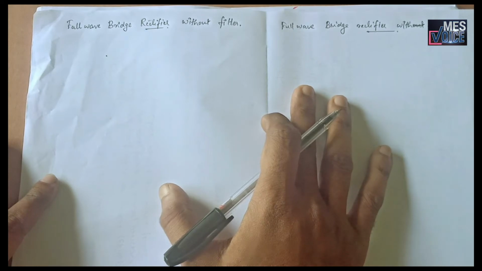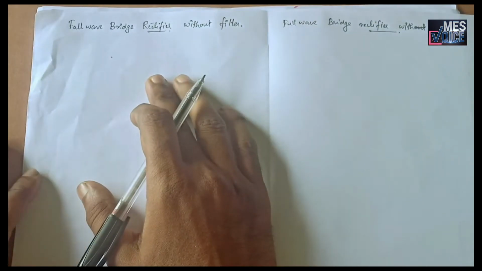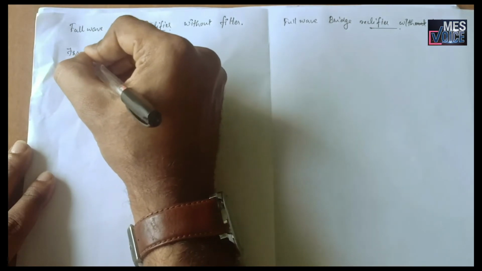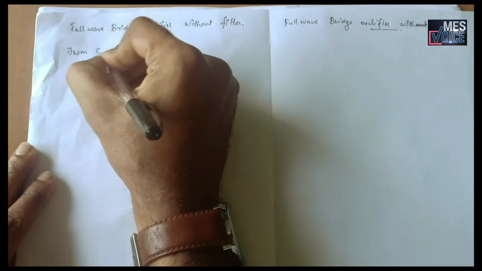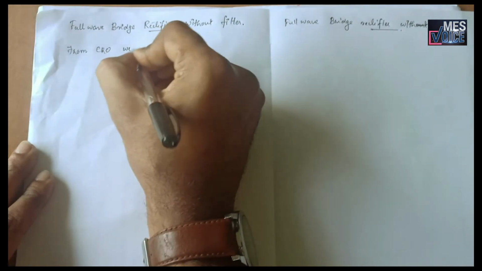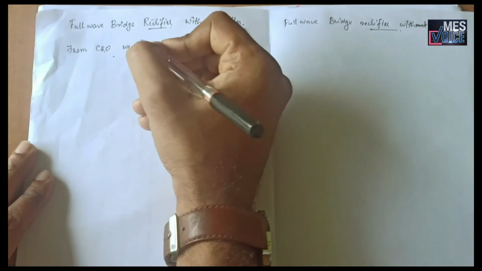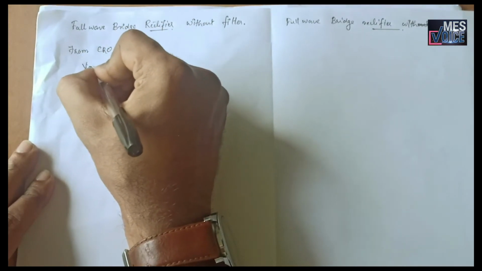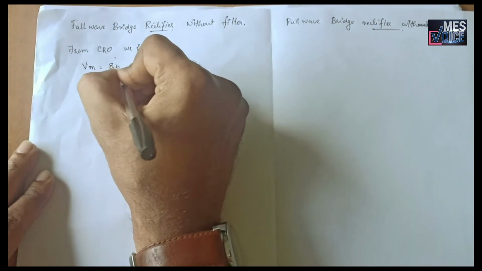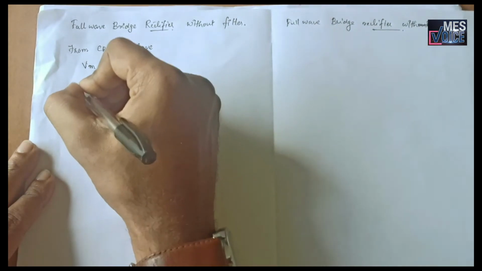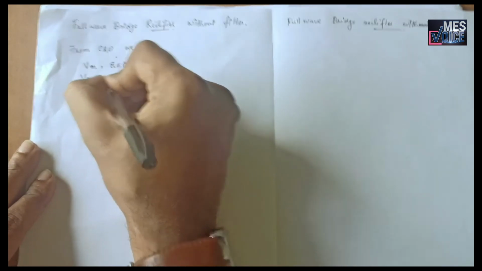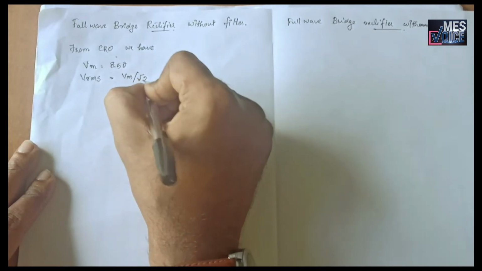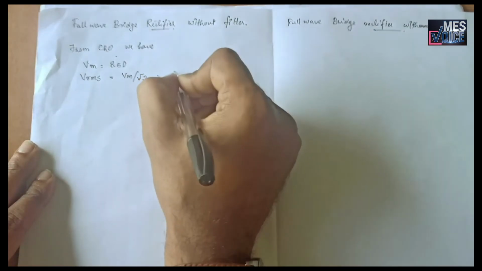Bridge rectifiers are circuits that convert alternating current into direct current using diodes arranged in a bridge circuit configuration. Bridge rectifiers typically comprise 4 or more diodes. The output wave generated is of the same polarity irrespective of the polarity of the input signal. So let's calculate the values of the ripple factor of the full wave bridge rectifier with filter and without filter.